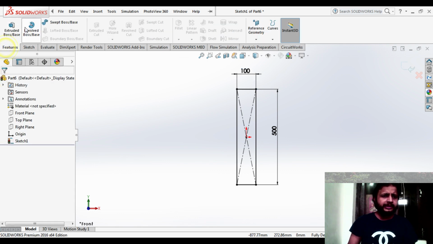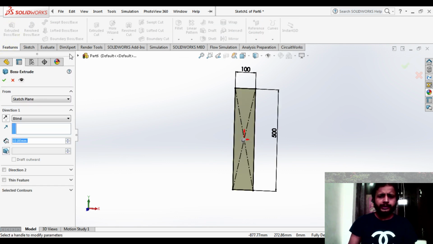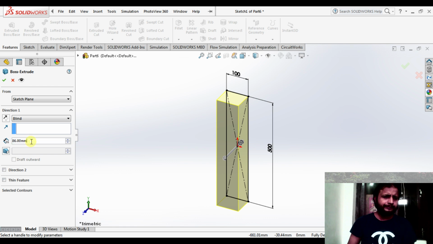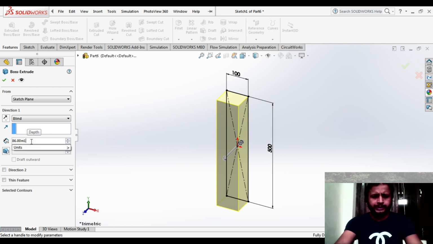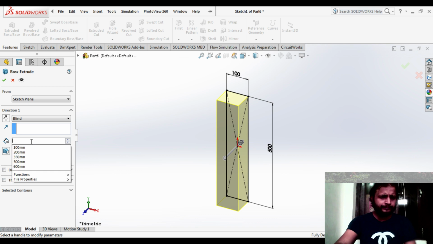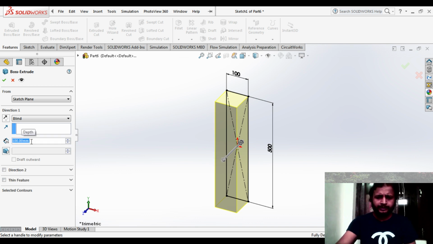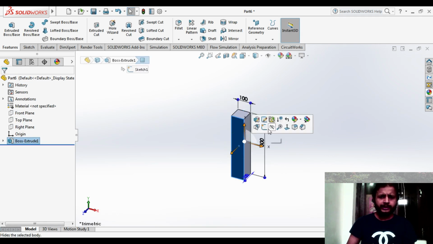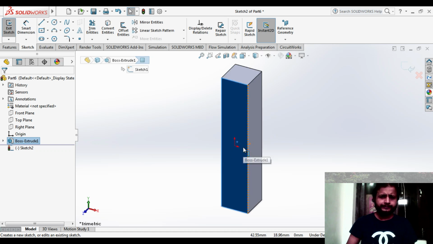And now we will make it a 3D model, extrude this one. We have extruded by 100 mm, no problem. Here you can give the 100 mm, we can give the 100 mm here, just say okay. So here you can see, now we will select this plane for sketching also.